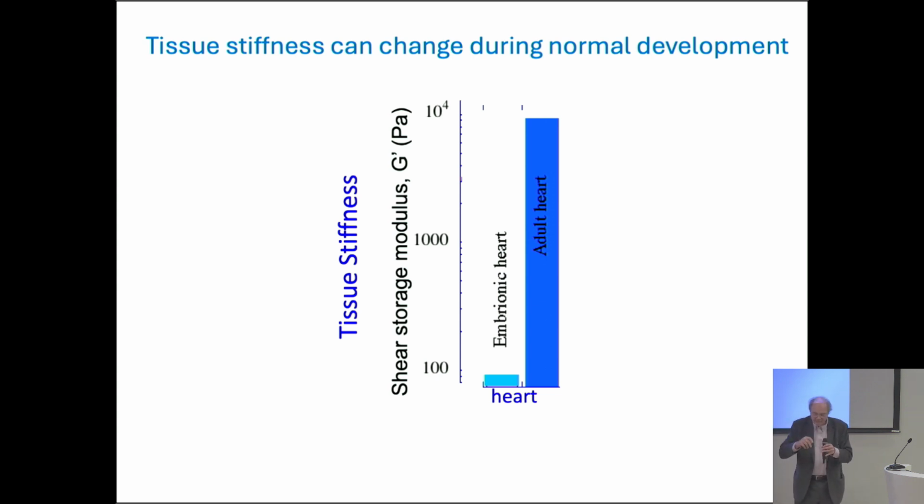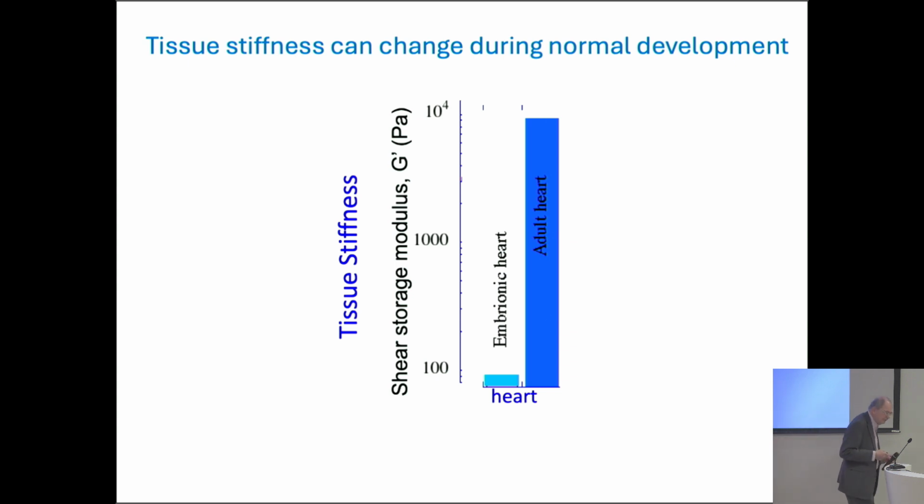It's the same physical object, but it has reprogrammed itself so that in the adult heart, it can work in a very stiff environment. It's much stronger, it pulls with more power, but it's still the same object. The genetic program has changed, the proteins have changed, but it has learned how to adapt itself to a new stiff environment as development happens.